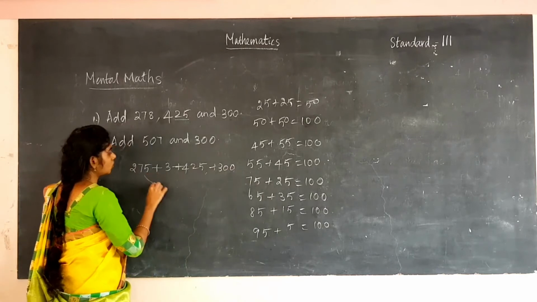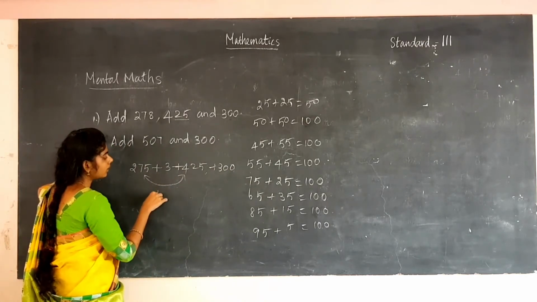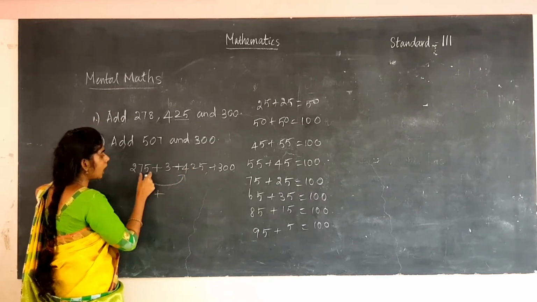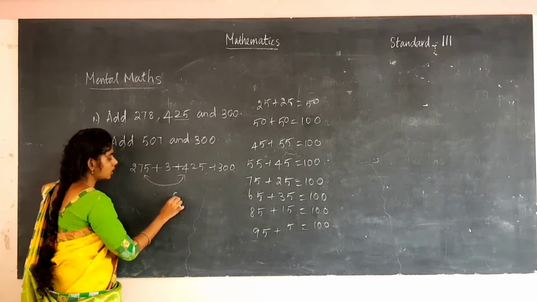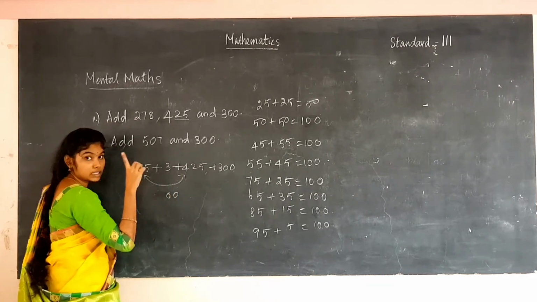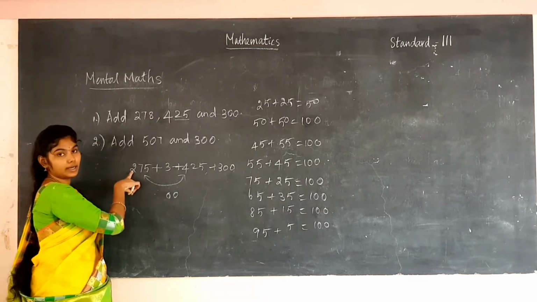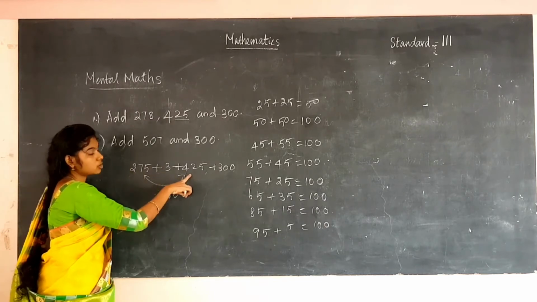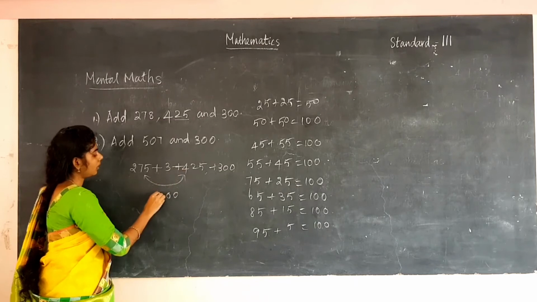First add these two numbers, okay. First you are adding these two numbers, then you will get the answer as 275, 425. Last two number is 100. So write last two numbers as 0, 0. So 1 is there, right? So you have to add that 1 to the third number, that is the 100's place number. So 1 plus 2 is 3 and 3 plus 4 is 7. So you will get 700.